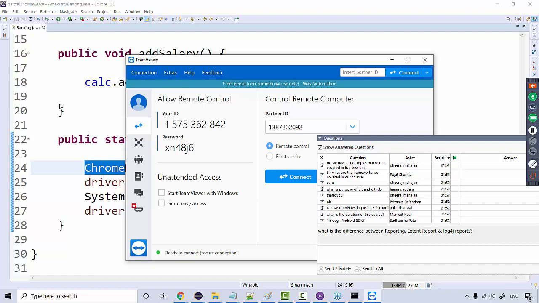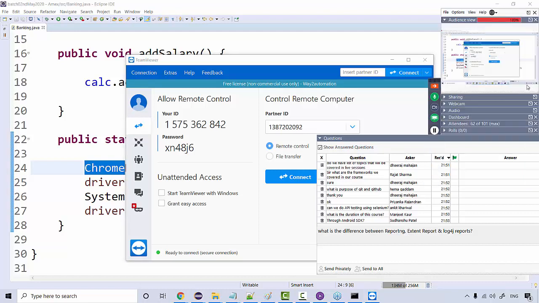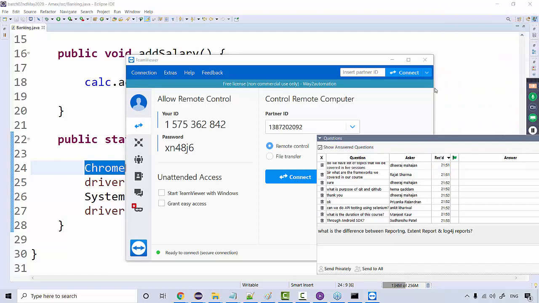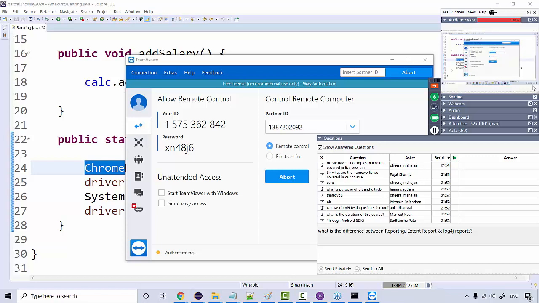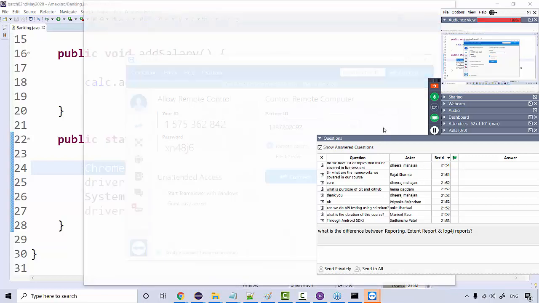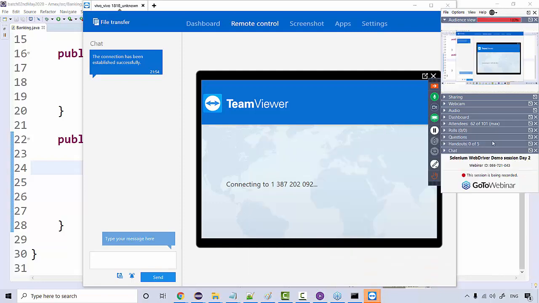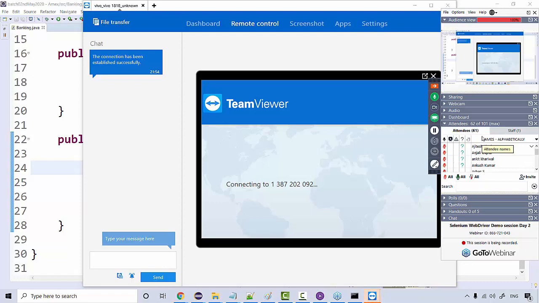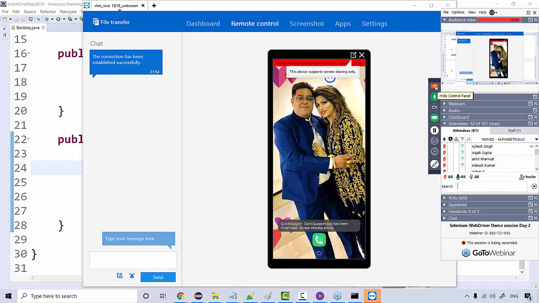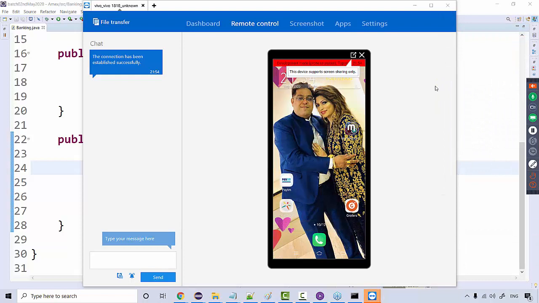Just a moment. Okay, let me connect my device. Just a moment. All right, so this is my real device. Right, so what I'm gonna do,